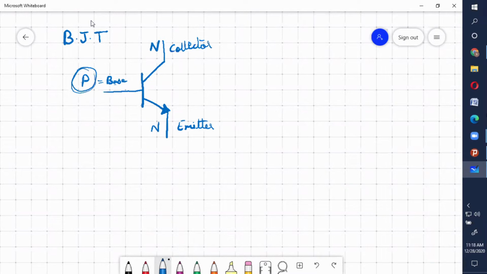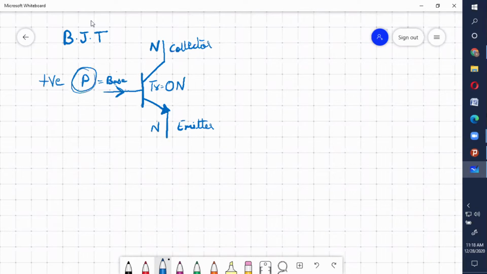So it means that you have to give a base voltage as a positive voltage. Whenever you give the base a positive voltage, the transistor will go to on condition. Whenever base is positive, the transistor is on. Is it clear, students? So whenever you make base positive for an NPN transistor, the transistor will be in on condition.